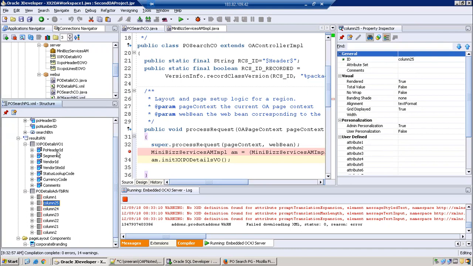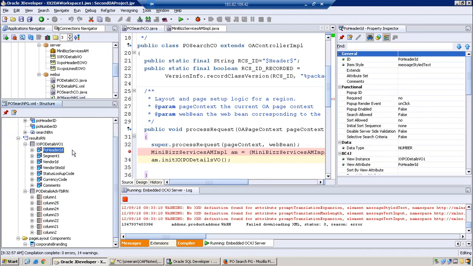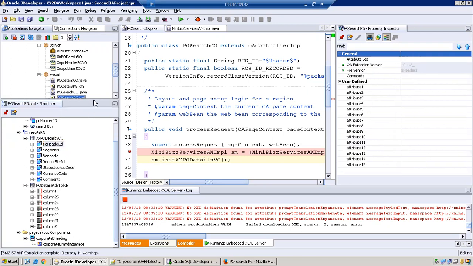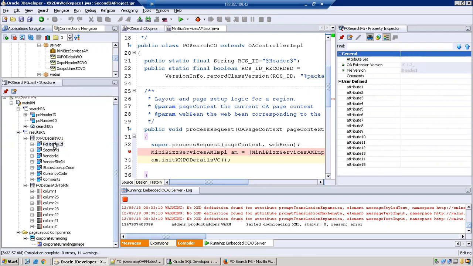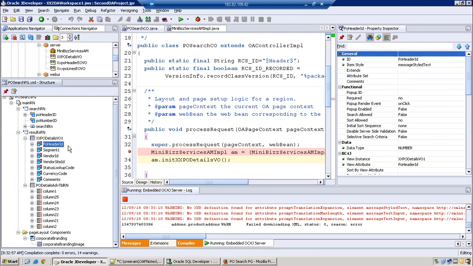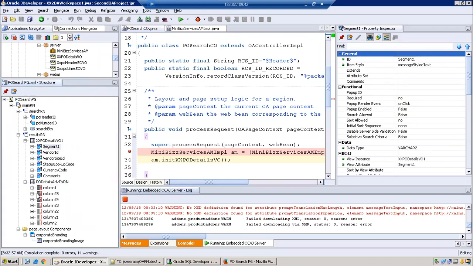Now then what I do is I'll delete from here. PO header ID, I don't want to display the above table region again. Yes, I'll just remove the above one by one. So PO header ID I already considered, so I'll just delete it. Just the delete button. The segment 1 to this one, right? Item 2. Yes. So first one, PO header ID is already available. I'll just delete this one. And segment 1 I require.